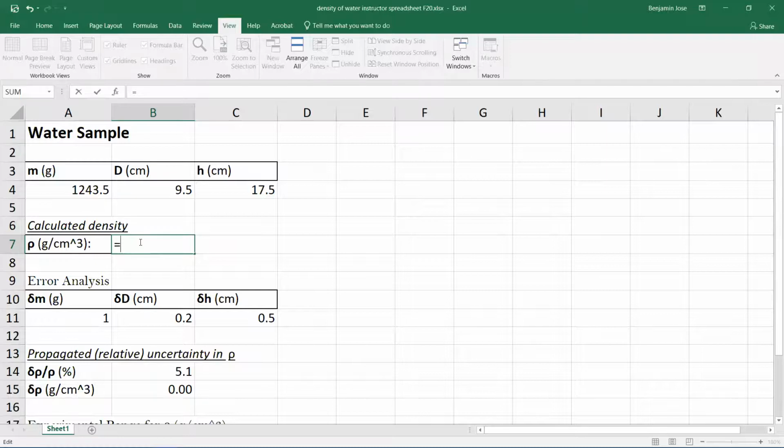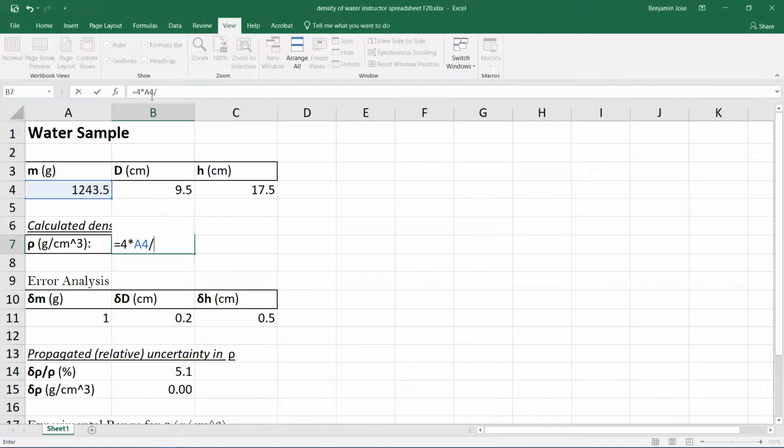And remember that formula was 4 times the mass over pi d squared h. So 4 asterisk, so shift 8, 4 times the mass. Now here's where instead of typing m, I'm going to click on the cell that contains the mass. Click on the cell and see how the computer's identifying that as cell A4. And then I will divide by,